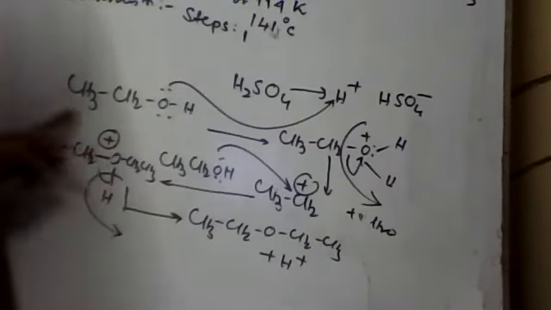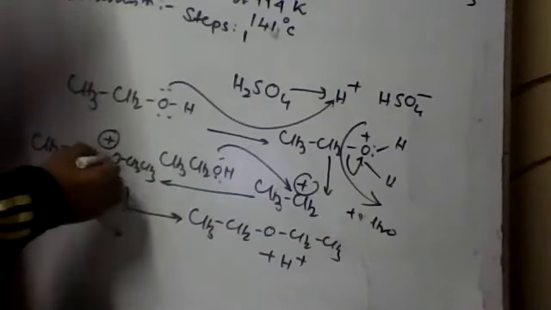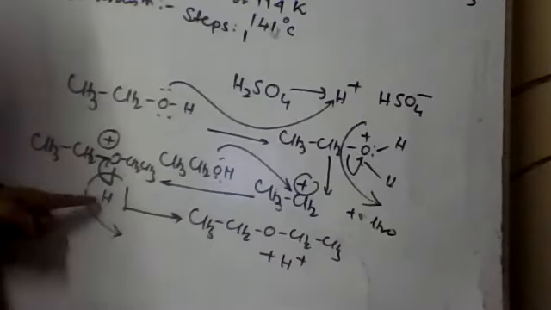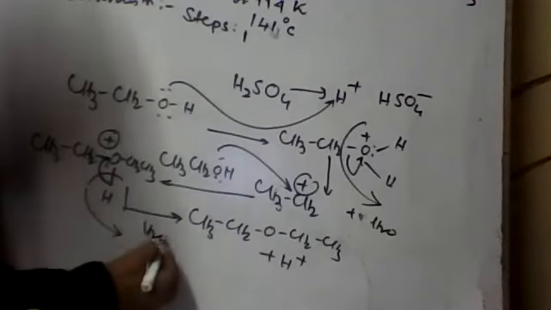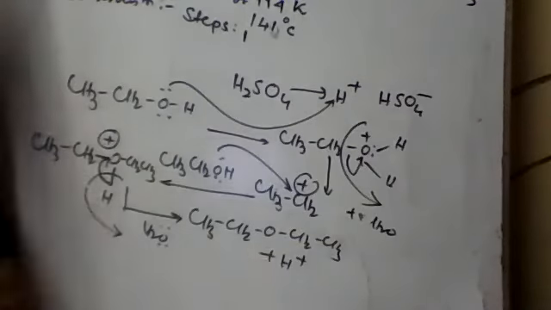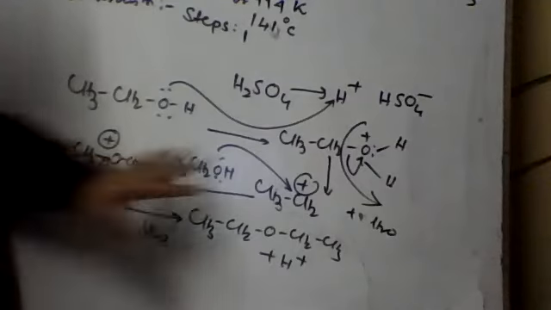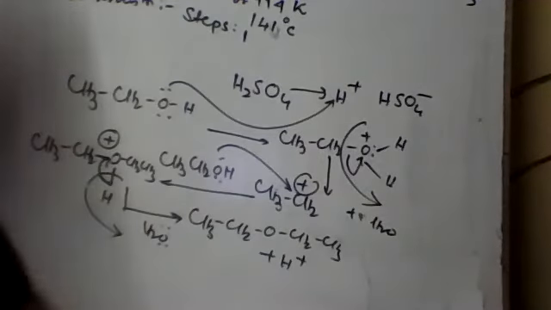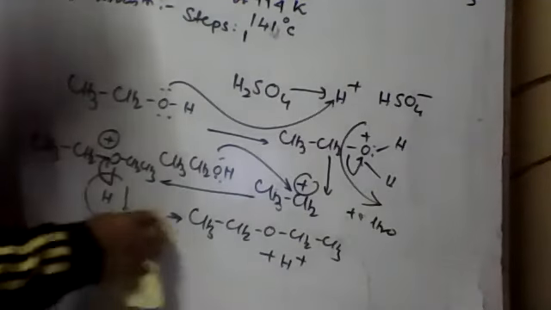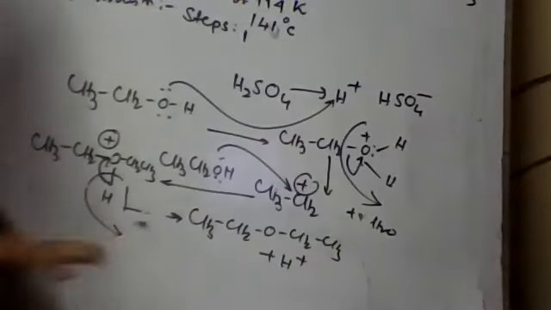So how will it get stabilized? It will be stabilized by removing a proton, H plus. Actually in your book it is given that water will carry this H plus. You need not write this directly, you can show H plus. Got my point? In higher classes, generally we do the mechanism in this way. So no need to write water, it will carry the proton and give hydronium ion. That you can do, but no need to, you can write it directly.